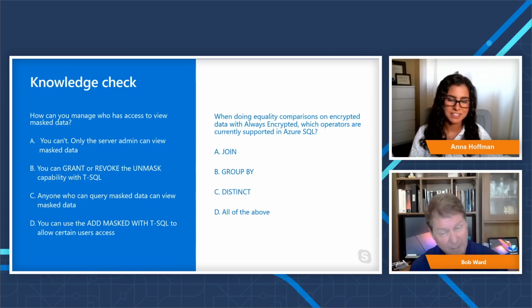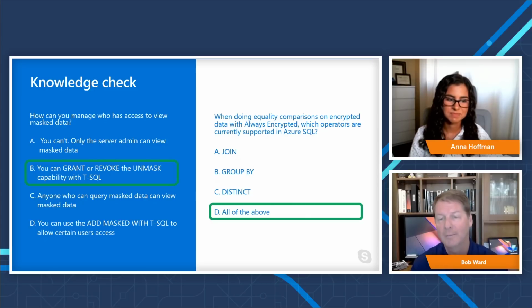Yep. On the second one, way to go, Anna. I did say in there that with Always Encrypted, with deterministic encryption, you can do joins, GROUP BY, DISTINCT operators, and so forth. And so all three of those apply. D is the right answer. You should know, though, that it's a fairly good study. If you're going to use Always Encrypted, take a hard look at what you can and can't do, because there are some operators that are not possible depending on how you pick your encryption scheme. And enclaves are one thing that we do to open up some scenarios. But D is the right answer there.